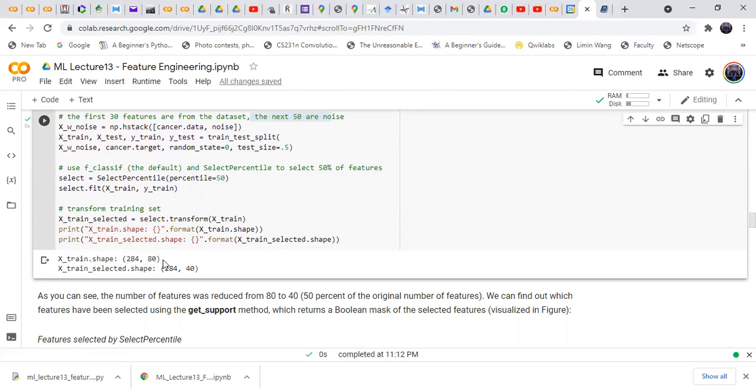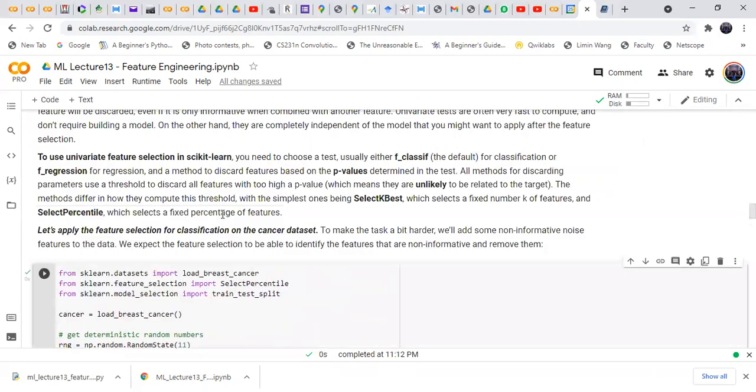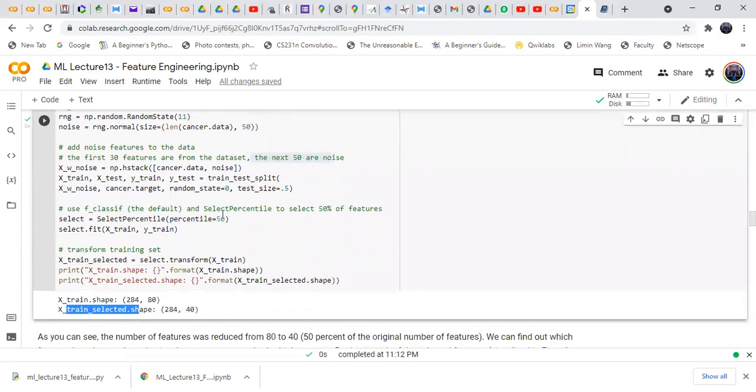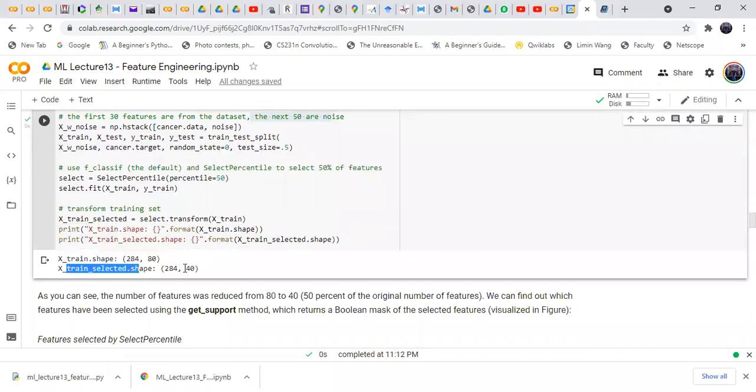When we add the extra noisy features, the data has 284 instances, and each instance has 80 features.